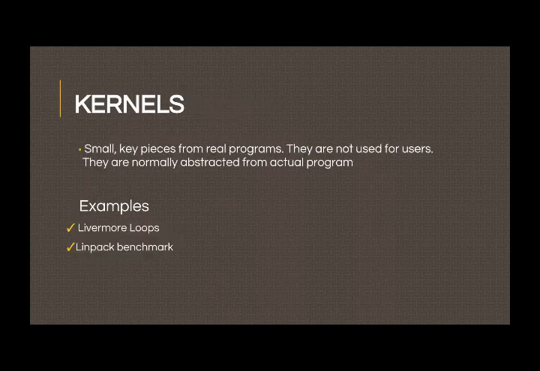Next up, we have kernels. Now, kernels are basically components of a full-fledged real program that are preferably more heavy on using the CPU. So we're going to use these specific components of a real program to test our CPU or our GPU, and this way we get to avoid the unnecessary objects in the real program, and we can only focus on the kernels or the components of a program which matter to us in determining the performance of our component, such as the CPU.